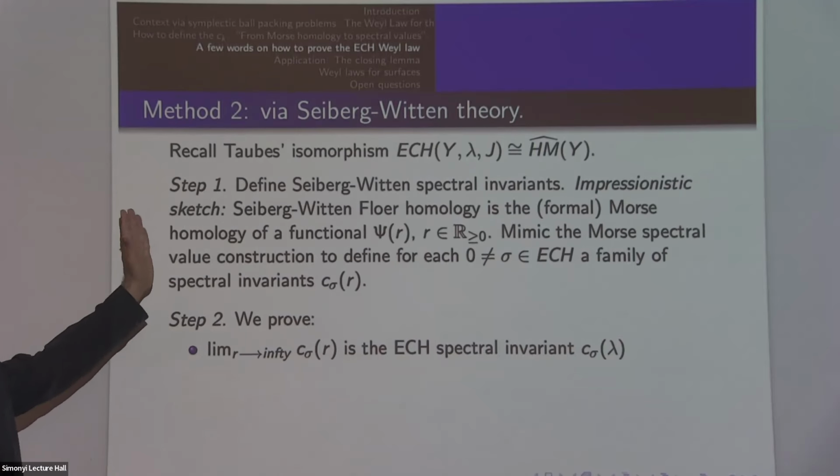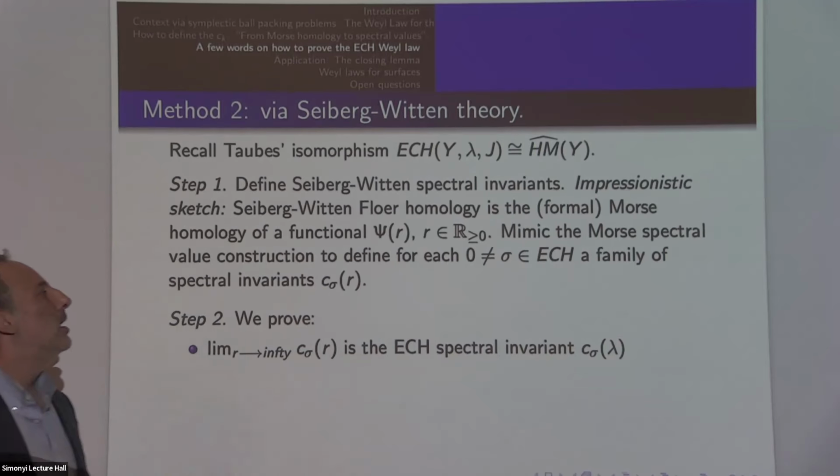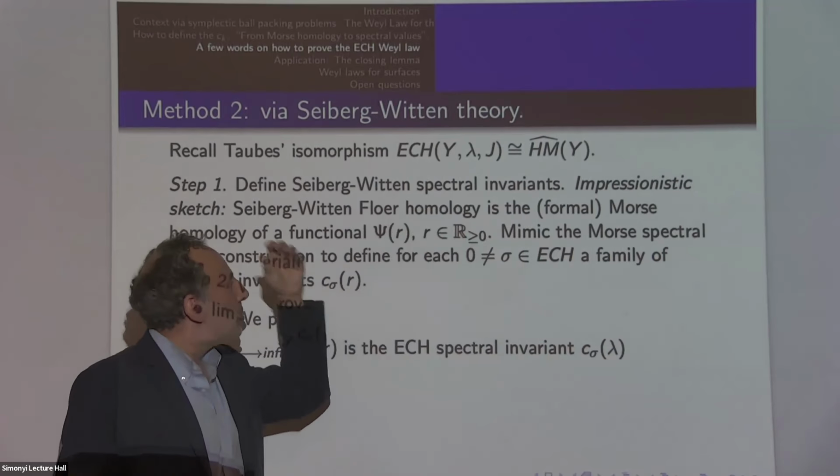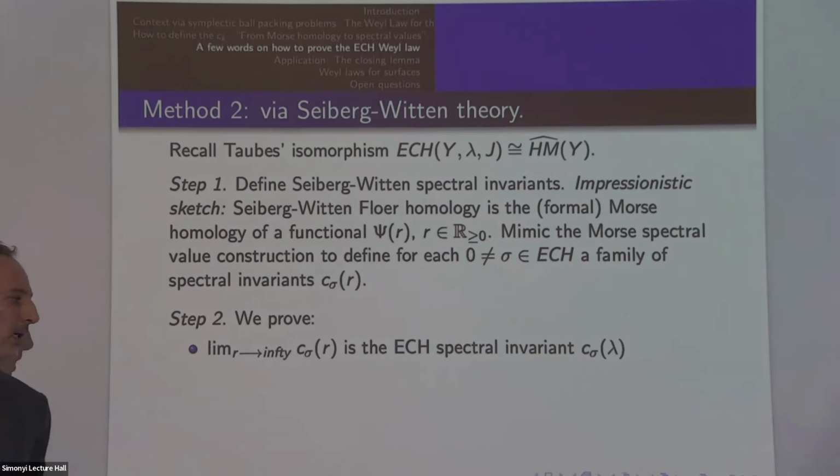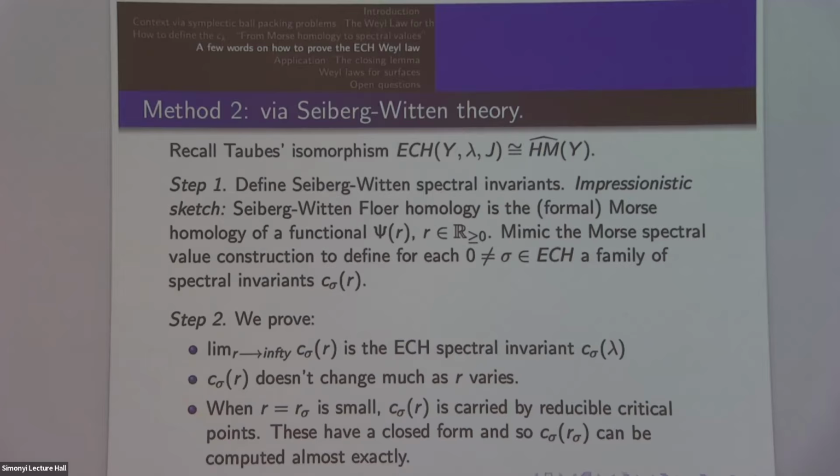Taubes' idea in his work is that as R goes to infinity, the Seiberg-Witten Floer homology should limit to the embedded contact homology. And the version of that for us is that our whole family of spectral invariants limits to the ECH spectral invariant. Okay. On the other hand, we also show that as I vary R, the spectral invariant actually doesn't change all that much. Okay. So that's helpful because on the other end of the asymptotics, when R is small, you can more